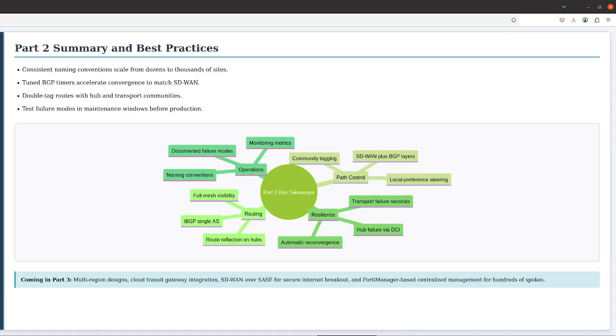In the next part of this series, we will move into advanced topics: multi-region designs with regional hubs, integration with public cloud transit gateways, SD-WAN over SASE for secure internet breakout, and centralized management via FortiManager for deployments with hundreds